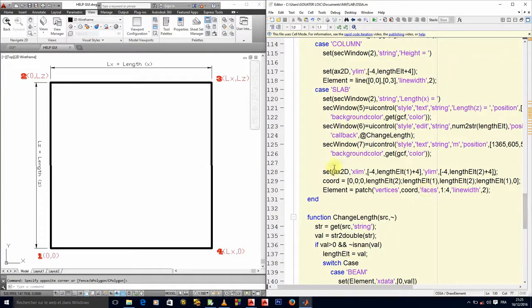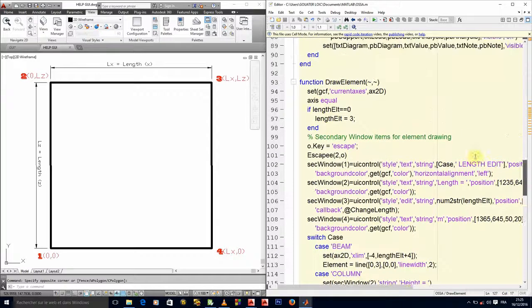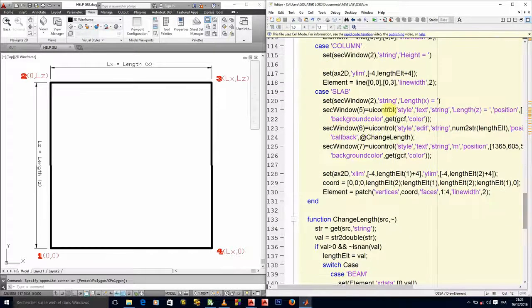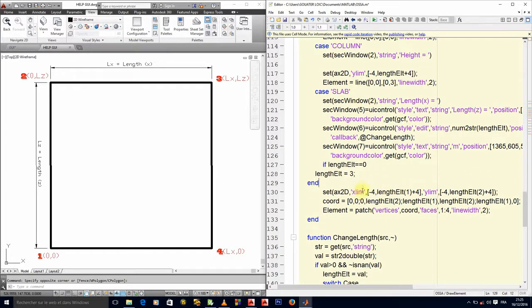So I think that condition that we did in the beginning here, we'll just put it inside here also, and we'll say here element of 2.